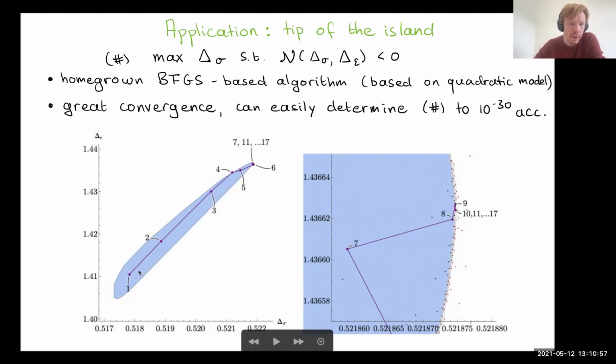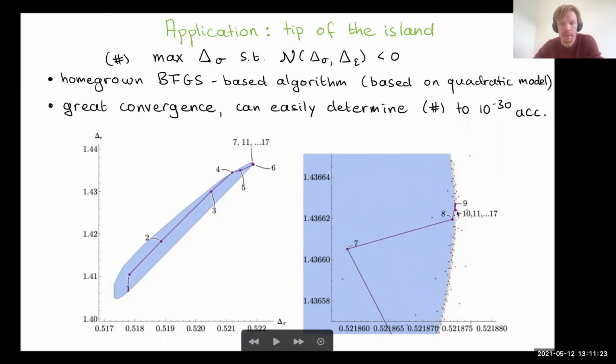And as you can see, so here, I think the convergence is really, really great. So you start at some point in the island. You didn't even have to do that. You could have started somewhere outside the island. And you step around, and very, very quickly, it just moves into the right direction here. And then here in the zoomed in plot, you see that the precision gets insanely good compared to say bisection